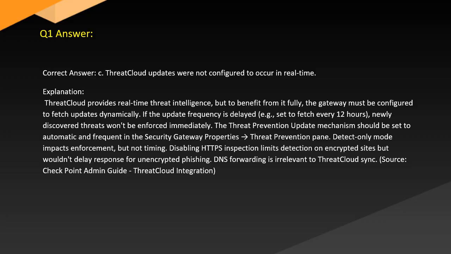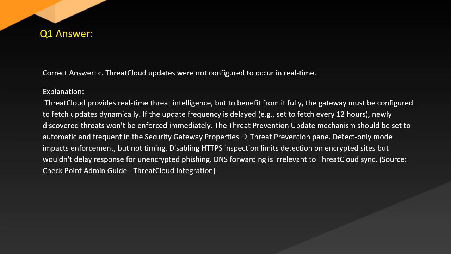Correct answer: C. ThreatCloud updates were not configured to occur in real time. Explanation: ThreatCloud provides real-time threat intelligence, but to benefit from it fully, the gateway must be configured to fetch updates dynamically. If the update frequency is delayed, for example set to fetch every 12 hours, newly discovered threats will not be enforced immediately. The threat prevention update mechanism should be set to automatic and frequent in the